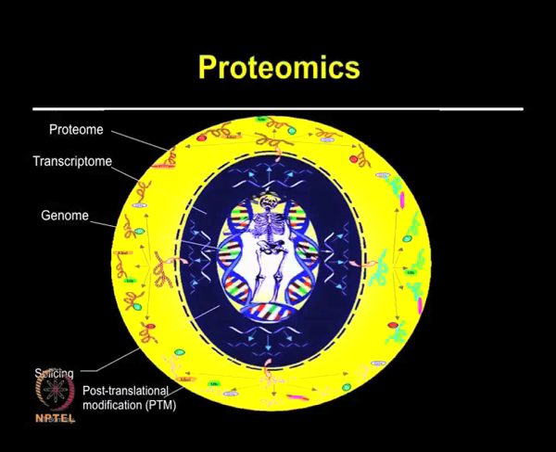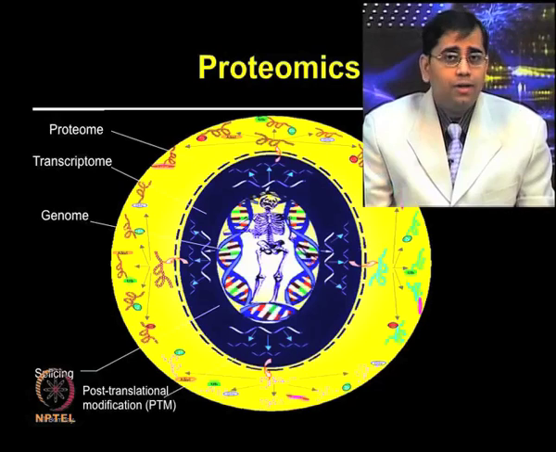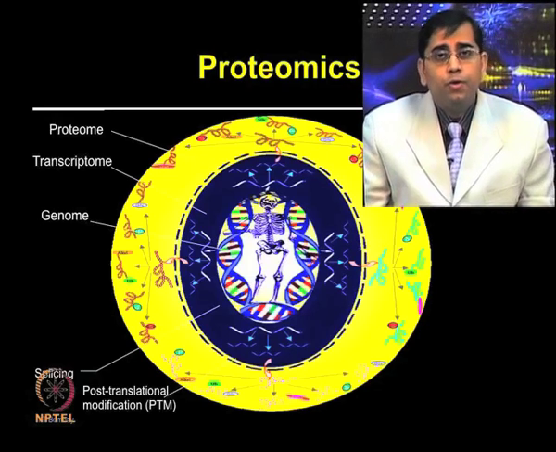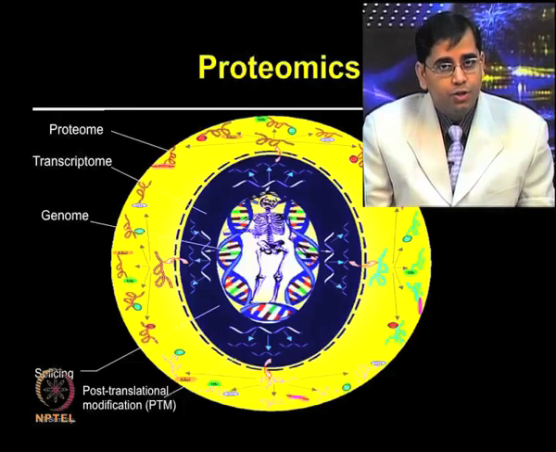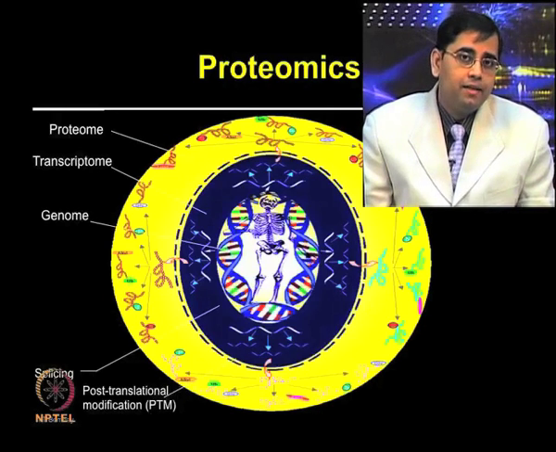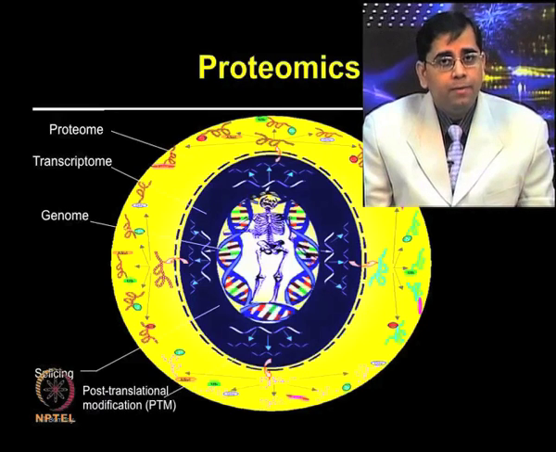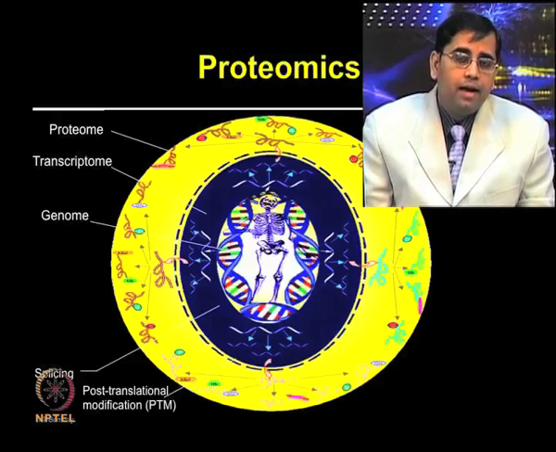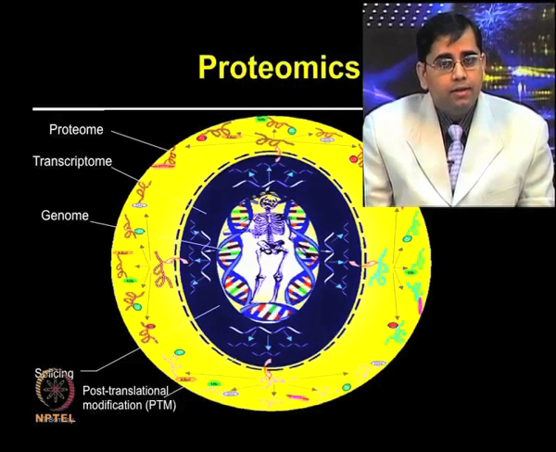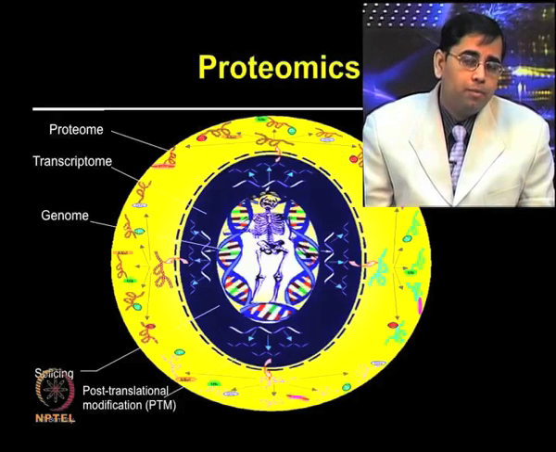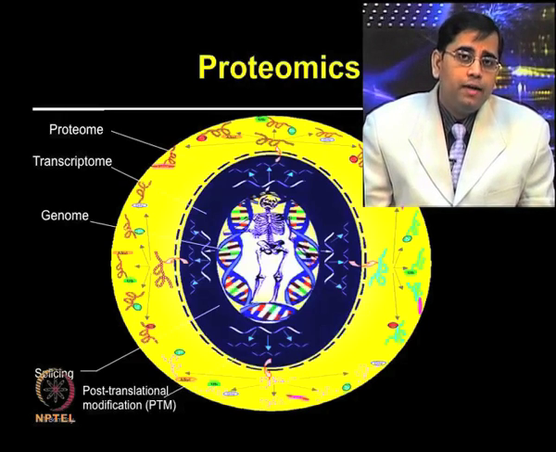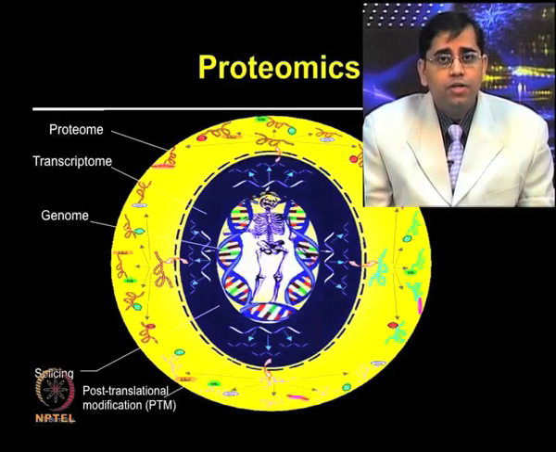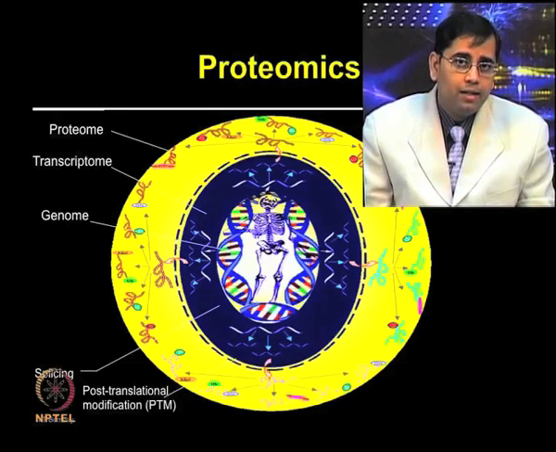In this lecture, I will discuss proteomics. So, first of all, what is proteomics? The proteome describes the protein complement expressed by the genome, or more precisely, we can say the protein complement of a given cell at a given time, including the set of all the protein isoforms and its modifications. The study of the entire compendium of proteins which are encoded by the genome is known as proteomics.